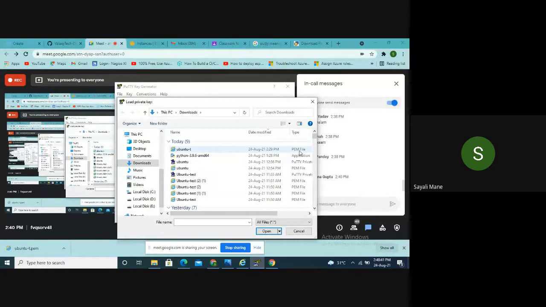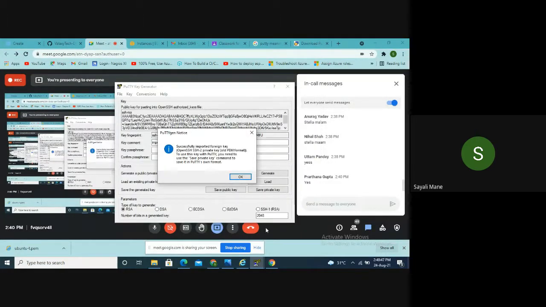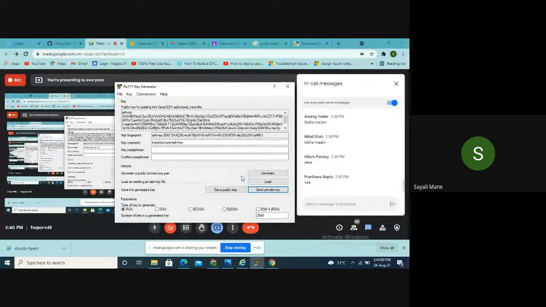Please click on it and then click on the open button. You will get this notice: successfully imported foreign key format, which is an old PEM file, use save private key command. So please click on the OK button. Done.